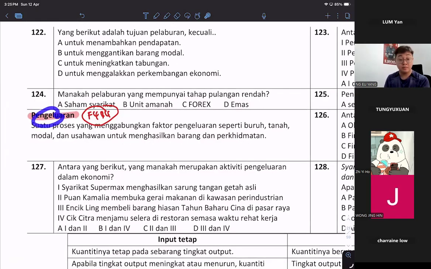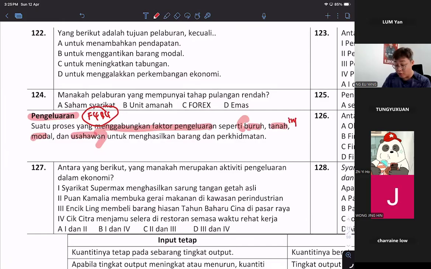So guys, pengeluaran, production. So it combines the faktor pengeluaran. Pengeluaran is done by the firma, and the firma is owned by the usahawan. The usahawan tries to combine the buruh, tanah, modal and usahawan. So guys, what do we call these four? Other than faktor pengeluaran, other than sumber economy, I know you guys are trying to answer this too. Other than FP and SC, these four are known as your